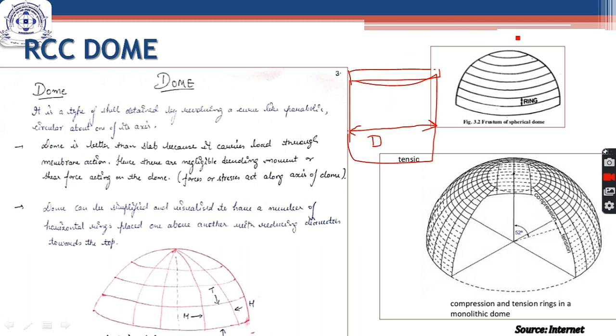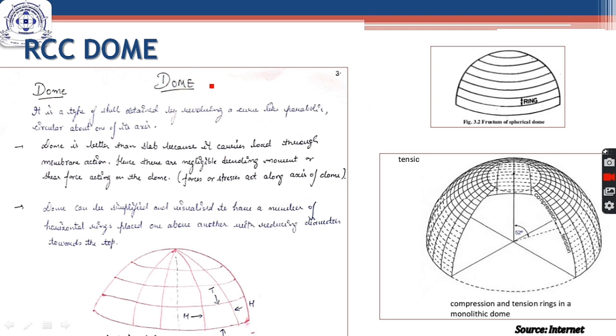The top slab or top cover of an overhead tank has just one function, that is to cover the water tank, and if it comes out to be very bulky, then it is not good for the structure, as its weight will also get transferred to the components below, which adds to the overall weight of the structure. So the solution for this is that we replace the top slab with a dome.